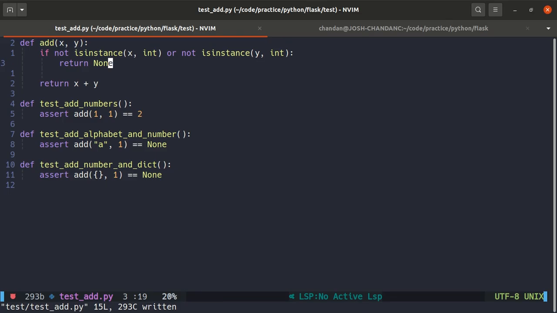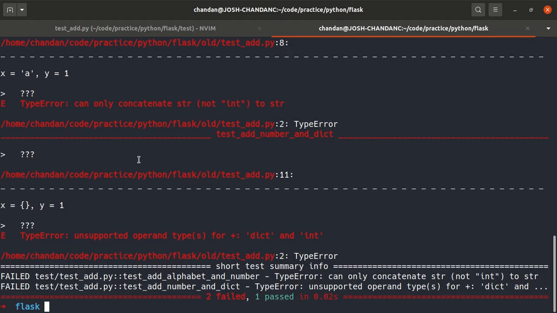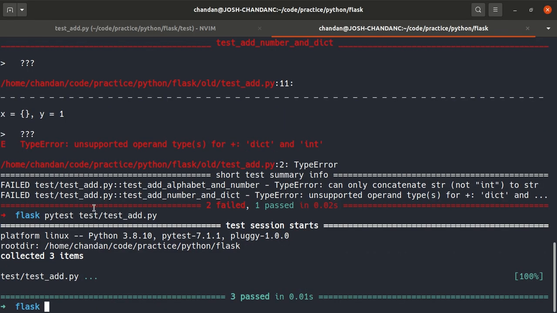So we have written the test cases. If x or y, any of them, is not an integer, then we are going to return None, which will help us get the test cleared. So let's go ahead and test it out. We can run the test cases, and we can see all of our test cases have passed,